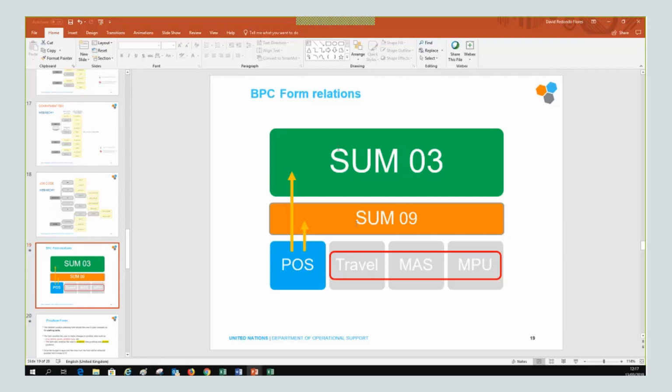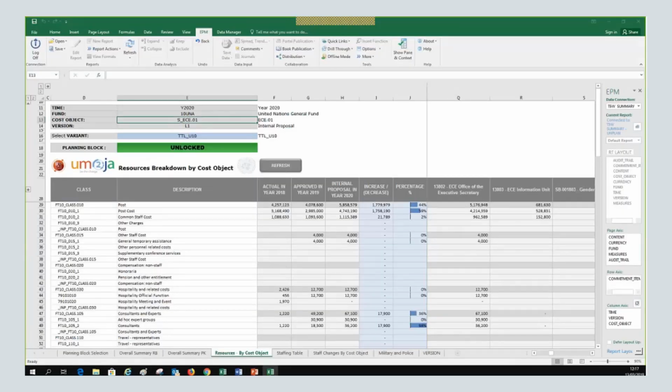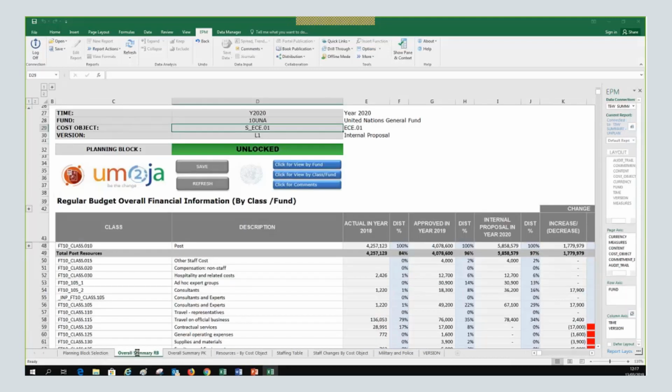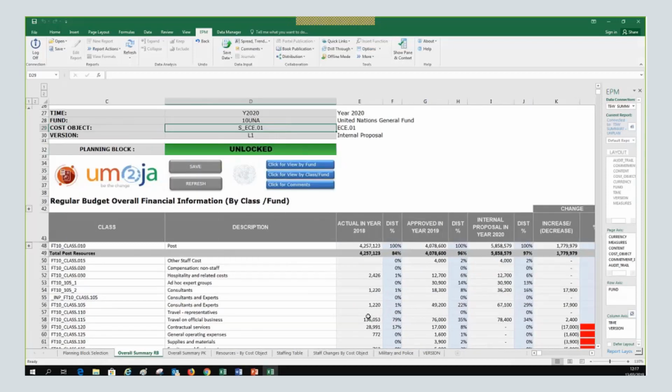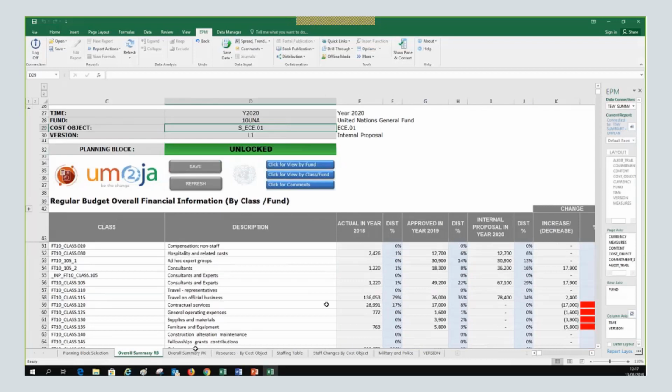All this goes together to summary 03, and the reviewer approver will see it in this tab. But we'll see in this tab the consolidated amount of all the cost centers. And then they can see the variation, if there is an increase or a decrease, and they can go to the position form to see further details.